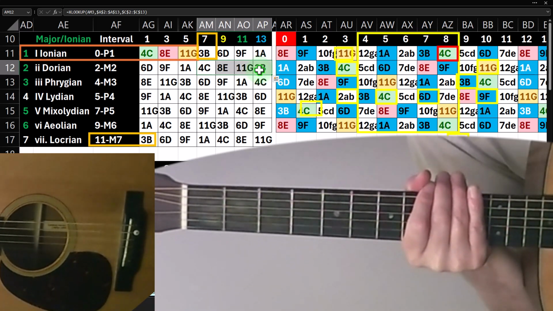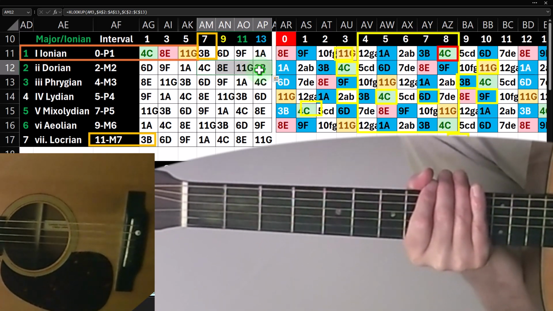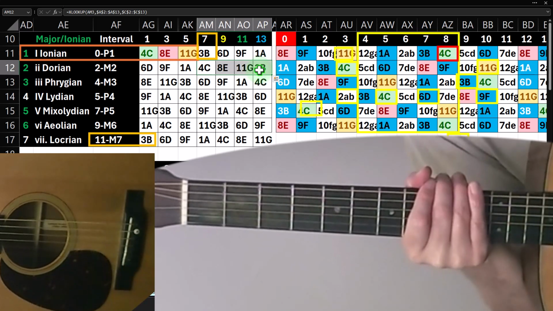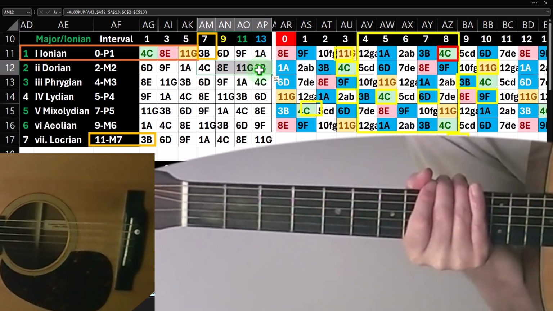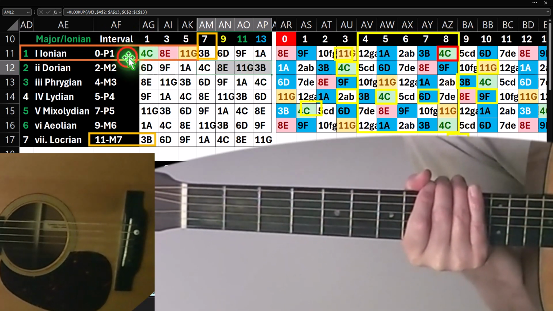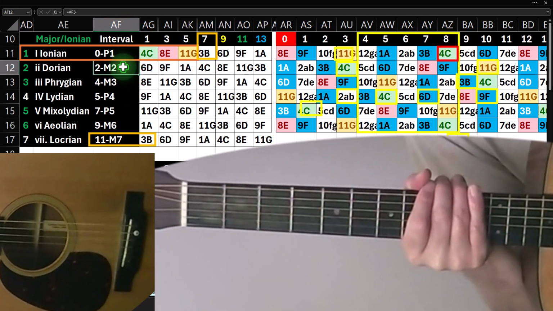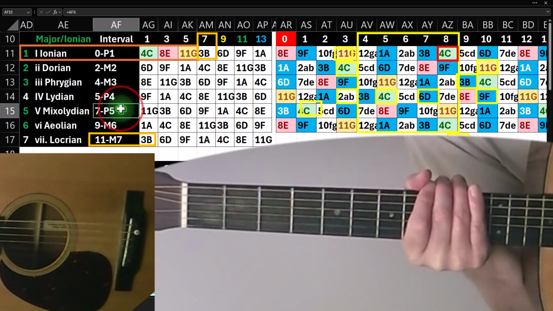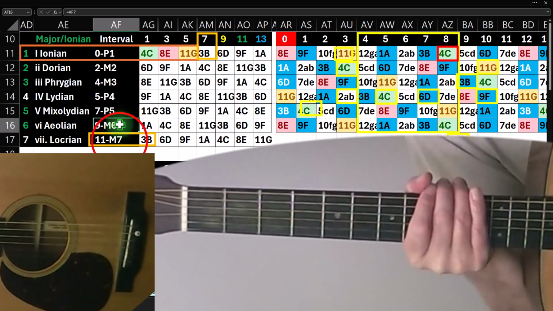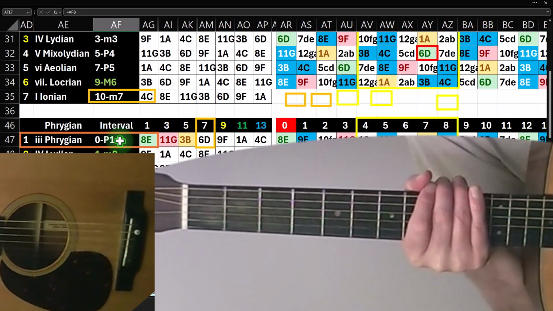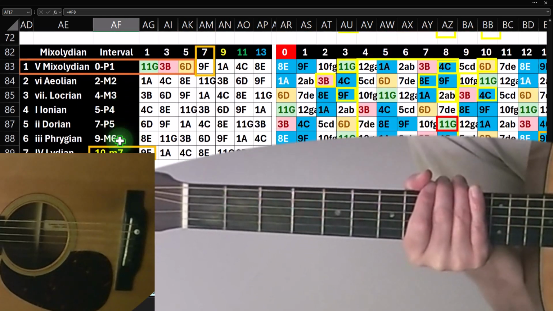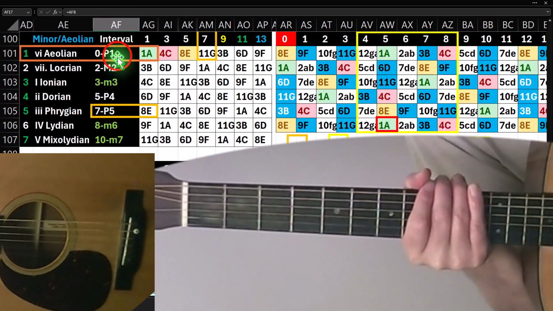Something I'd like to point out, once we start learning these intervals, is one way that you might put this into practice. Let's go to the minor scale and look at the intervals real quick. In the major scale you've got a 0 note away perfect first, a 2 note away major second, a 4 note away major third, a 5 note away perfect fourth, a 7 note away perfect fifth, a 9 note away major sixth, an 11 note away major seventh. If I go down to the minor scale, then you've got a 0 note away perfect first,